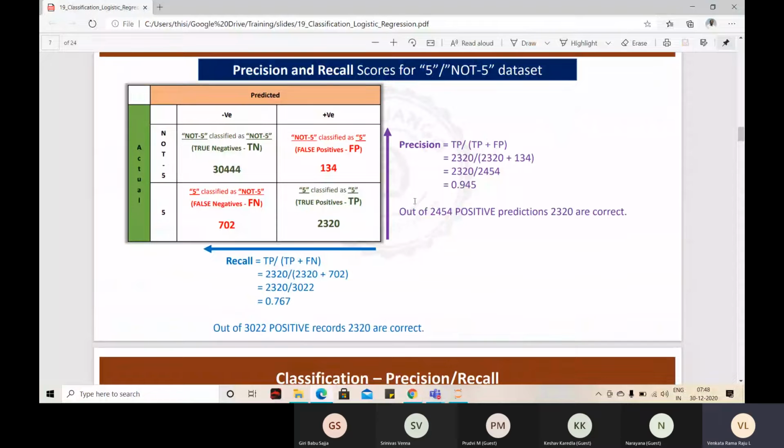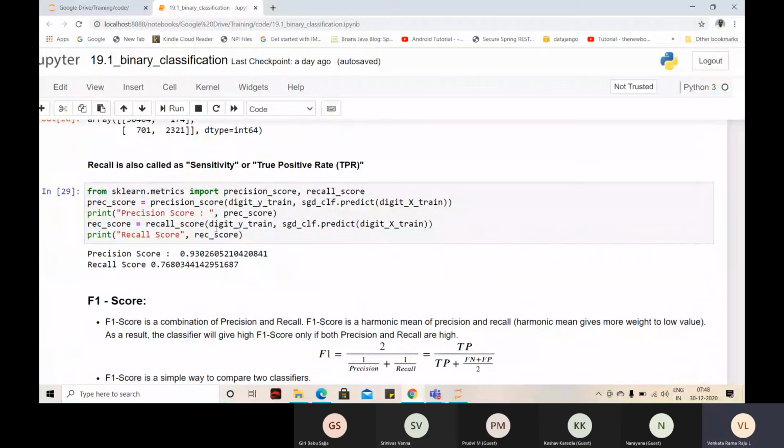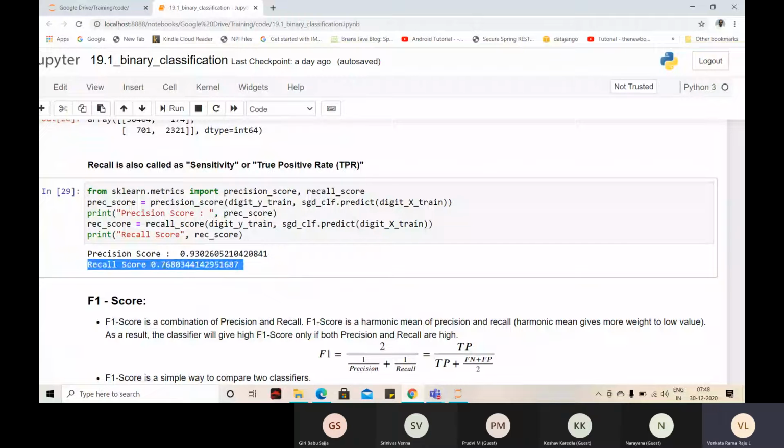Okay, so yesterday we have seen that when we calculated precision and recall for this particular data set, we got 93 and 76. Precision 93, right? On all the positive predictions, 93% are correct. On all existing positive records, 76% are correctly predicted. So 24% of the existing records are not being predicted correctly. That's a huge amount, right? When you look at recall, you'll understand how many existing positive records in the data are not being correctly